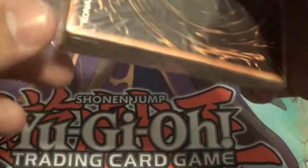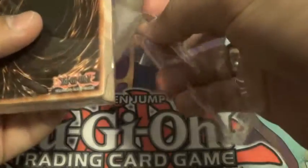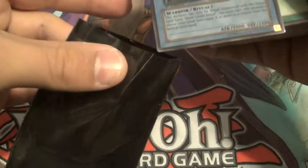Yeah, I'm trying to be very careful to not damage any of the cards. This is a very not cheap Star Deck. I basically paid $37 for this because I got it cheap from trades I traded in for this, so that's how I managed to get it so cheap. It was originally $80, so that tells you how expensive this structure deck is. Alright, and I will be sleeving up every card, so we got Blackluster Soldier here. This will be a longer video than normal, so I apologize, but